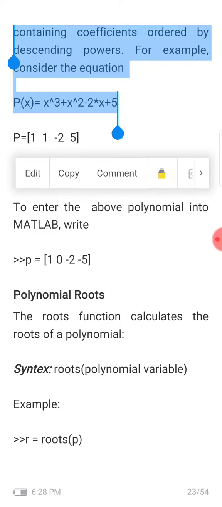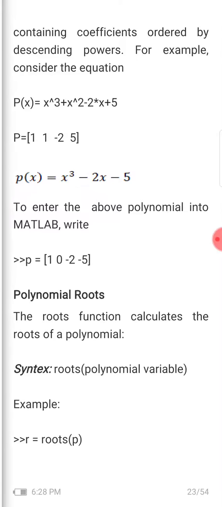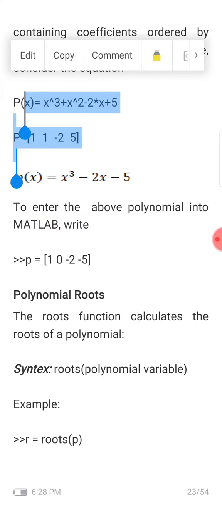So the coefficients can be written like this: p equal to, within square brackets, the coefficients. So see here, p(x) is equal to x cube plus x square